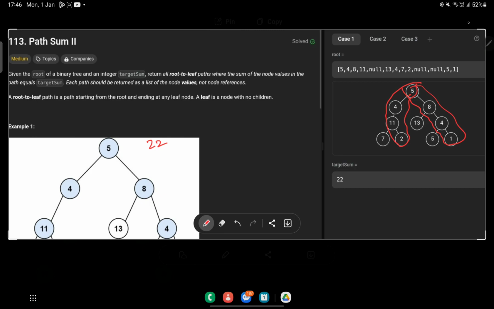Here, if the root is null, then we directly have to return. We have to take a vector of int, in which we store a single vector which would keep track of all the nodes whose sum is equal to the target sum. First we would add all the node values, and we would check wherever the sum becomes